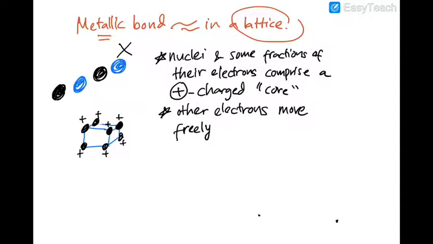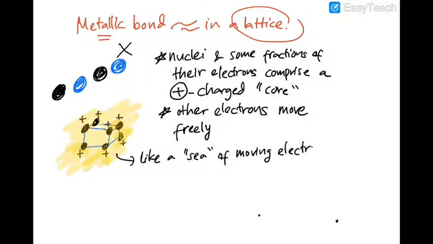So here you can imagine sort of like a cloud of electrons that moves freely around the lattice. Well, you can imagine it as like a sea of moving electrons. Okay, so that's the main difference. So let me write negative